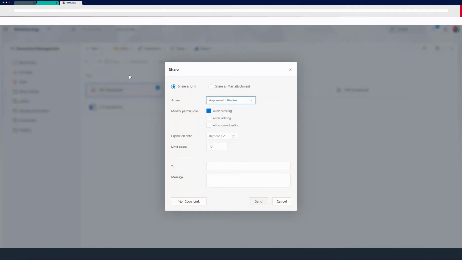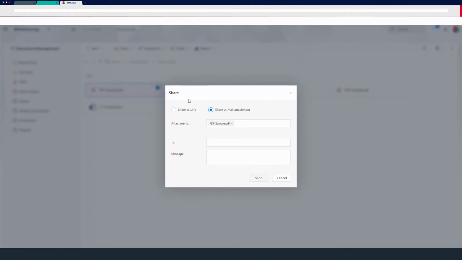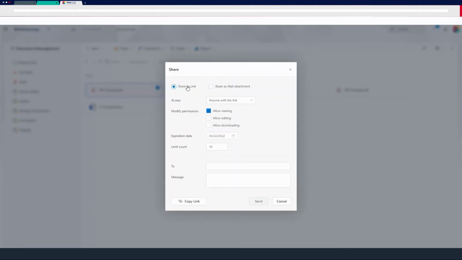So let's continue with the sharing feature. On this tab, I can add my documents as mail attachments. But on the Share as Link tab, as we are familiar with from OneDrive, on the Access tab, I can share my documents as a link to anyone.